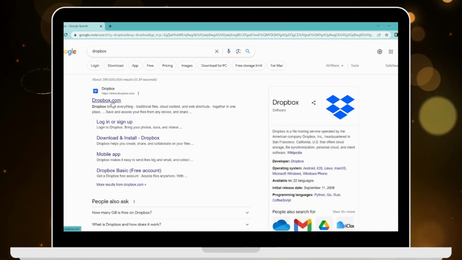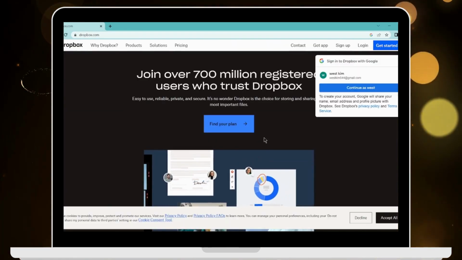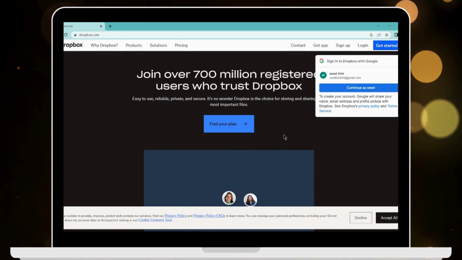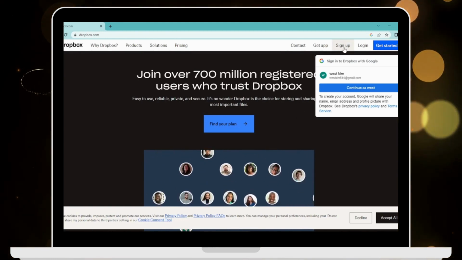and after searching click on the first search which says www.dropbox.com, and now it will take you to the web page or the website. So now to create an account you can go to sign up, which is on the upper right corner, or